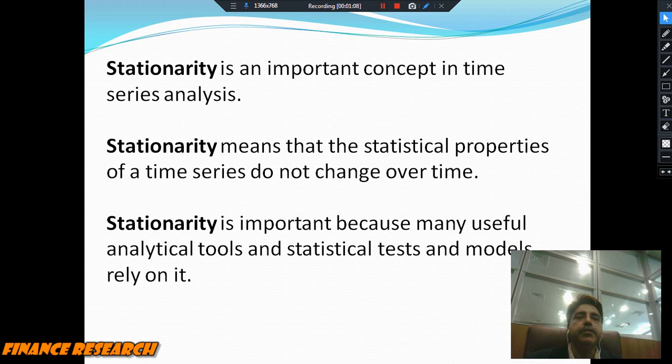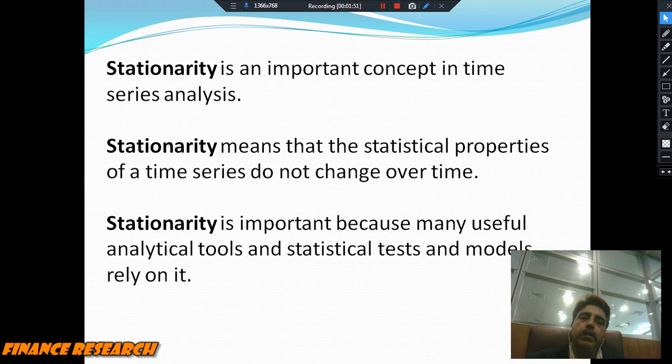They should be stationary. Okay, so I'm not talking about whether the residuals are normally distributed or non-normally distributed. It is a different issue. We will talk about it later on. But here I am discussing their statistical properties in the form of means and variances. Means and variances need to move in the same direction. They should not change over time. If they are changing over time, that means the time series data or panel data is not stationary. So we have to make it stationary, whether at level, that means 0, or at first difference or second difference.